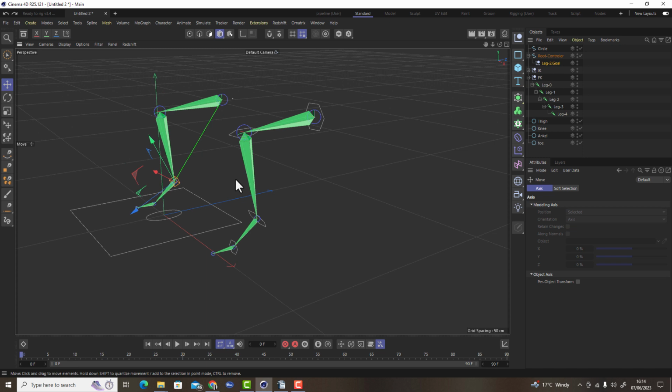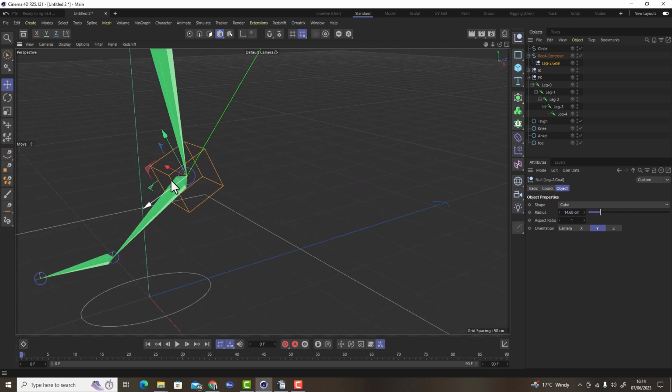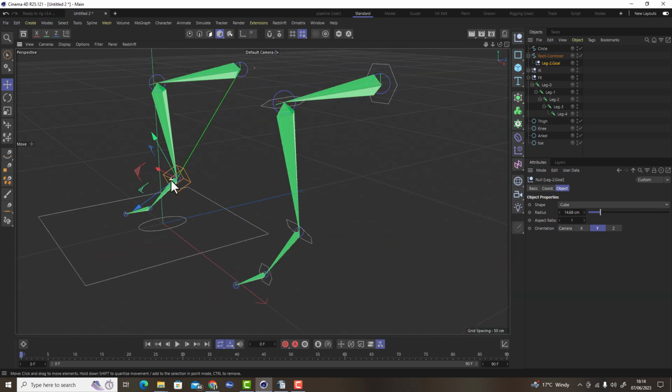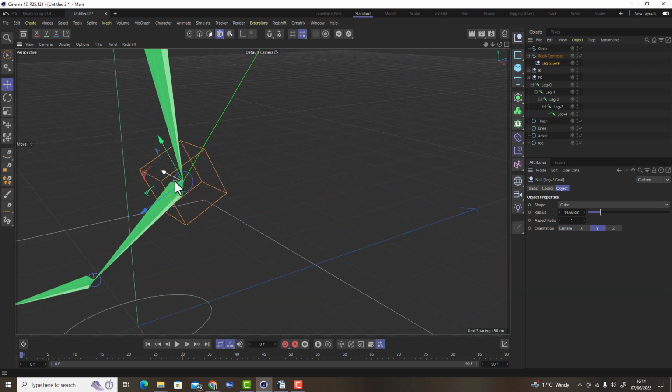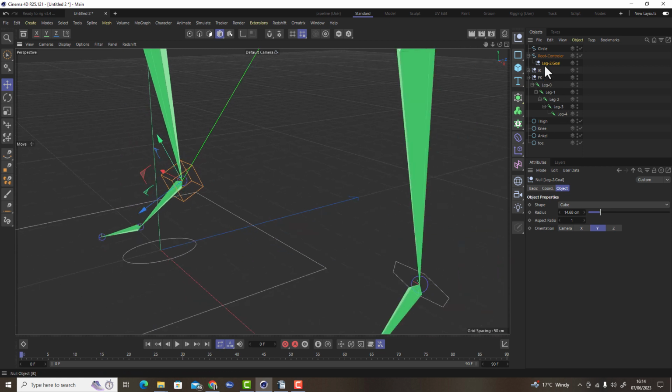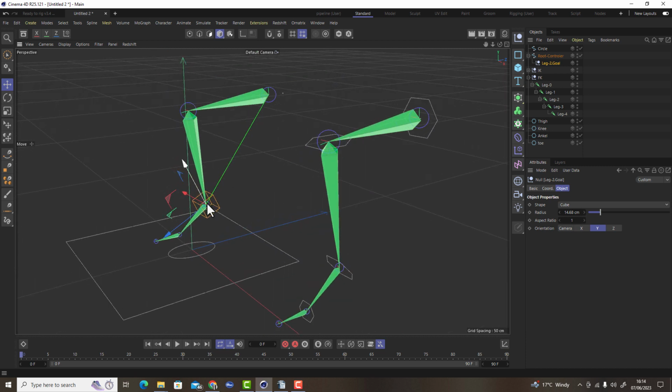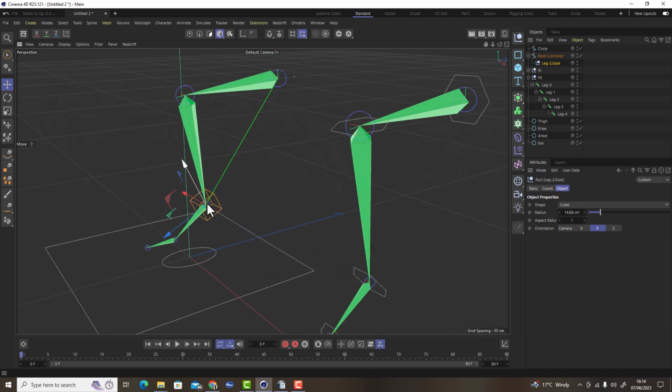Now, the problem with this controller that it's created is that while you can select it and then choose the shape that you want and even the size of that shape, what you can't do with this controller is change its shape manually or reorientate where the actual controller is. In other words, the controller is always going to be placed central to the pivot point of that joint whenever it is a null type controller. For this reason, these null controllers are often not used as controllers, but they're just simply as a starting point